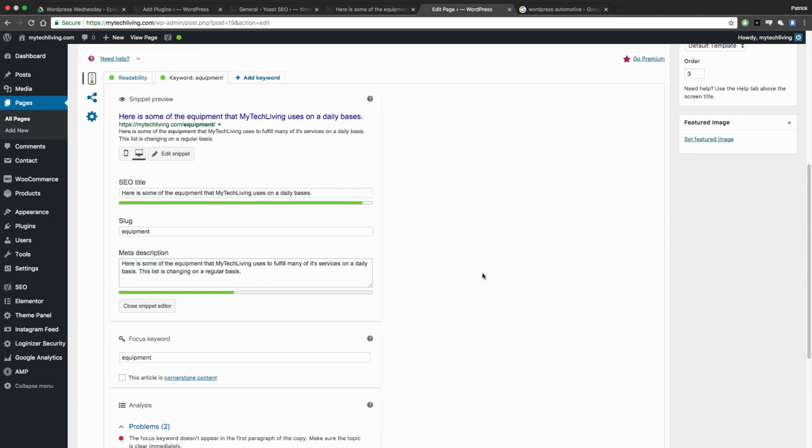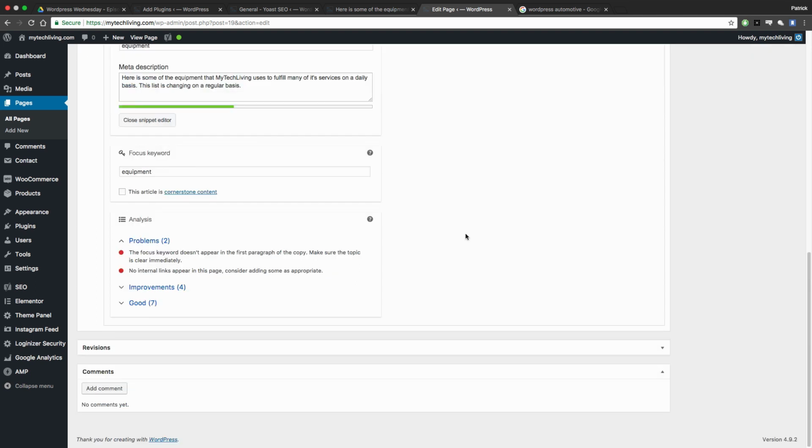Another thing to consider is how long each of these items are. And one of the nice things that Yoast SEO does is it actually tells you how long it should be or that it shouldn't be. So in my case, if I start typing again and just put in anything in here, it tells me now it's too long. So I back it down and now it's at a good length. Same thing with this. I can just start adding in information, whatever it might be, or arbitrary characters in my case,